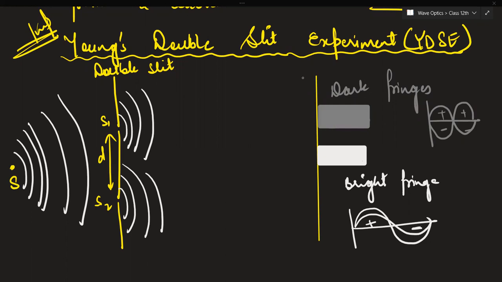See, in the double slit experiment, coherent sources emitted waves that give you the phenomenon of interference. But superimposition can occur independently, no? Superposition of two waves, how the two waves will superimpose on each other, that is entirely different.